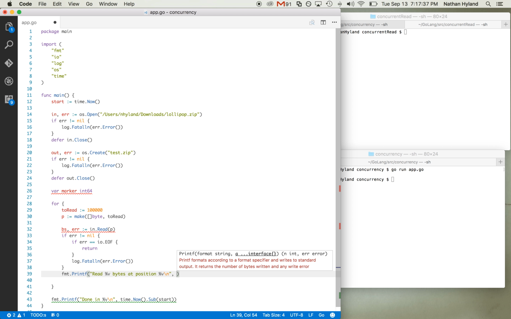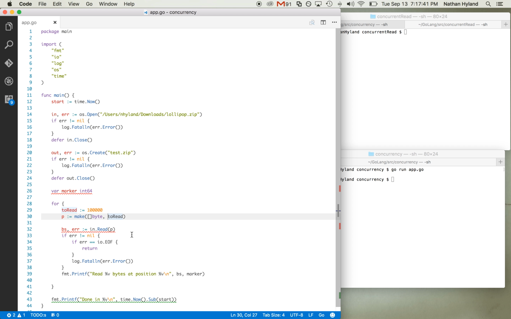So we're going to say byte count and then the marker. Now what we're going to do, we're going to write into the new file. We don't care about the bytes that we're reading into it because we kind of know that with the to read amount. And then error is if there's an error,